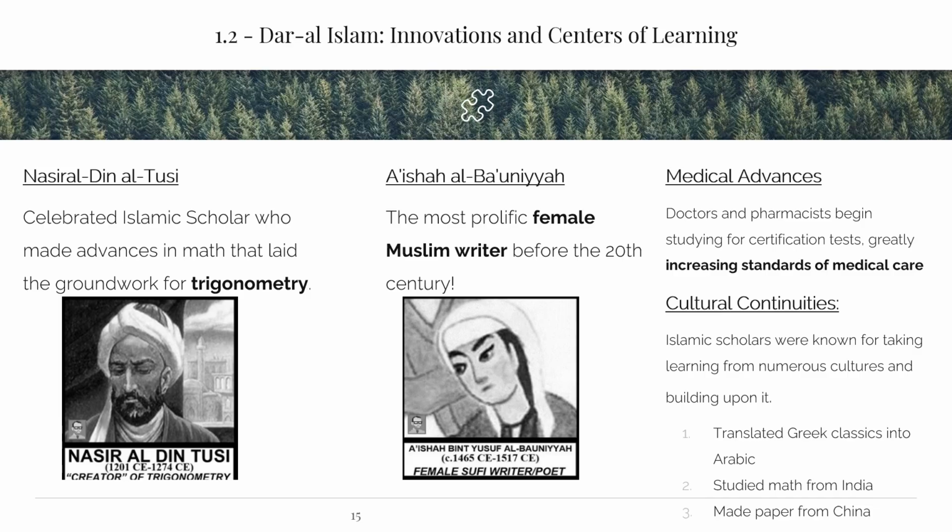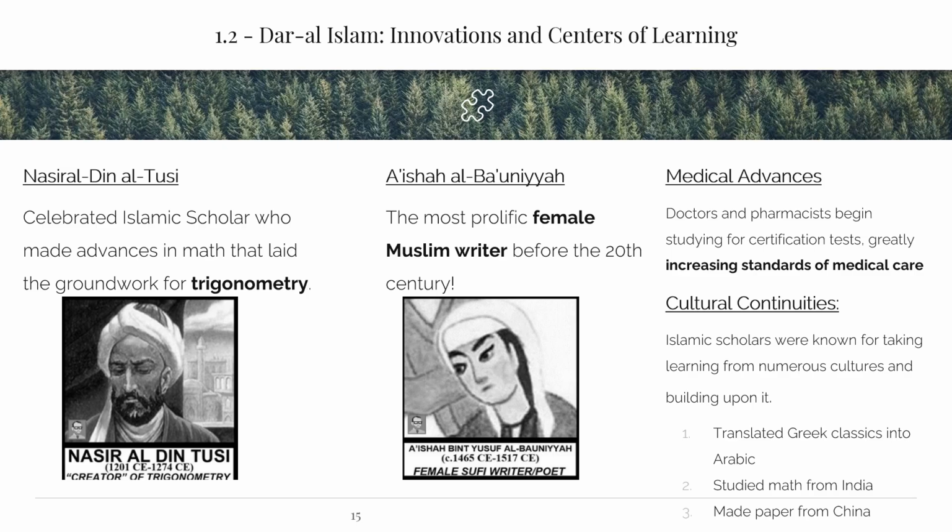We also had, I never know how to say her name. I'm just going to say I don't even want to try it. Al Bayunia. I don't know. I'm probably murdering that. But she was known as the most prolific female Muslim writer before the 20th century. She was a Sufi. She practiced Sufism. So, because of that, she had that mystical type of belief system. That was kind of a new version of the blending, this mystical version of